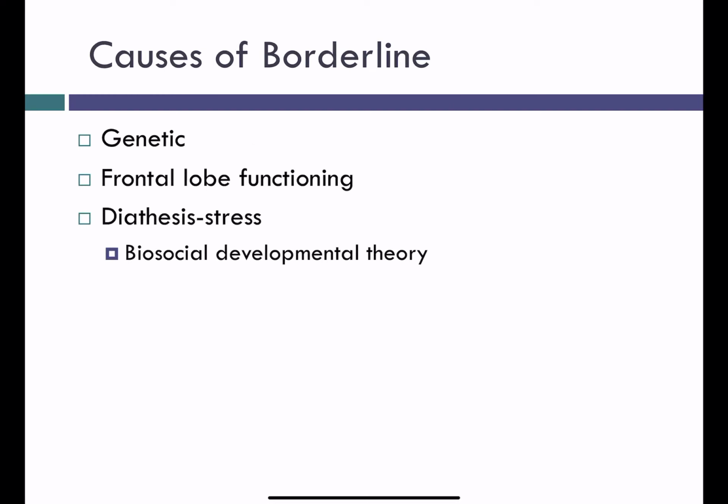So in terms of causes, it's genetic. It runs in families, related to neuroticism, which is a trait we know is highly heritable. It also seems to be associated with kind of impaired frontal lobe functioning because they can't control their emotions or their impulses when they're feeling strong emotions. But it really seems to be kind of a diathesis-stress, meaning that a genetic predisposition to emotional sensitivity and impulsivity, in combination with a stressful environment that maybe invalidates a person's wants or feelings, or where people aren't taught to regulate their impulses, is what creates the greatest risk.